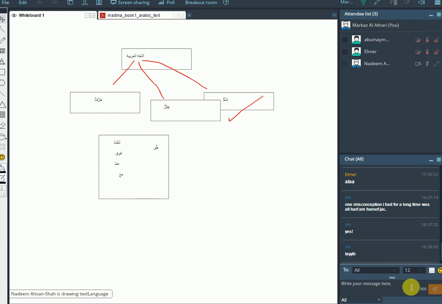And dhurufun. These are dhurufun. And other examples of dhuruf are in front of and behind. So for example,